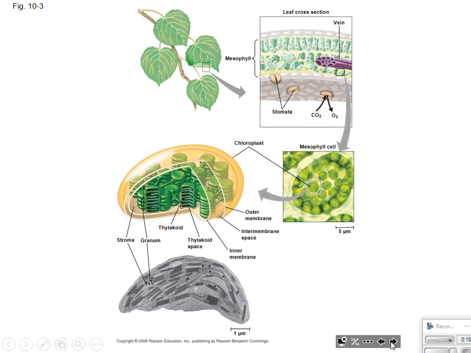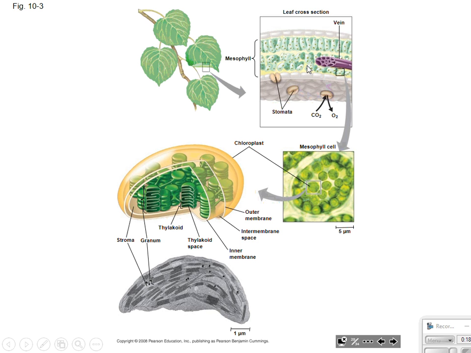Here is a picture. Okay? This very picture right here you're going to put in your interactive notebook. But let's break this down. Here is a leaf that is on our tree. If I take this little portion of the leaf, you can see here is the stomata. Here are 3 different stomata which are letting oxygen out, carbon dioxide in.